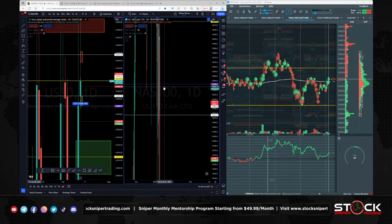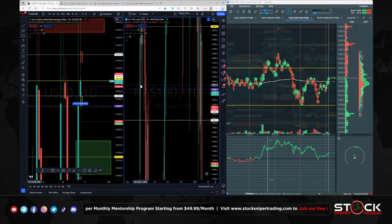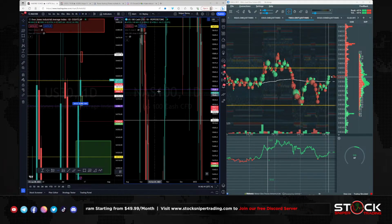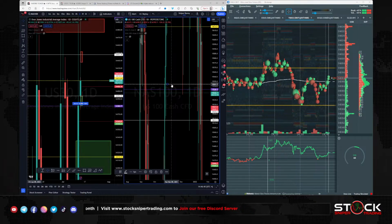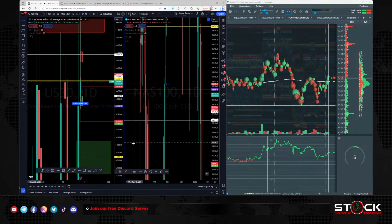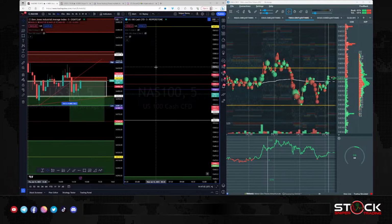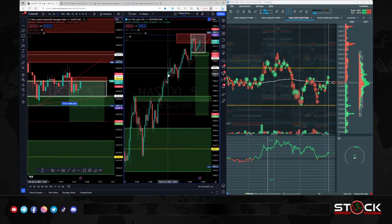So if it breaks out of this purple line, where's our next daily? Like right there. There's a wick and a body right there. So I'm going to draw a yellow line above us, maybe right up there. Or sorry, a red line. I'll keep it consistent with the lower time frames. But let's see if it breaks out there. Maybe the next one will be coming up to there. It might break out. So now what I do is I go back to the 5 minutes and I have